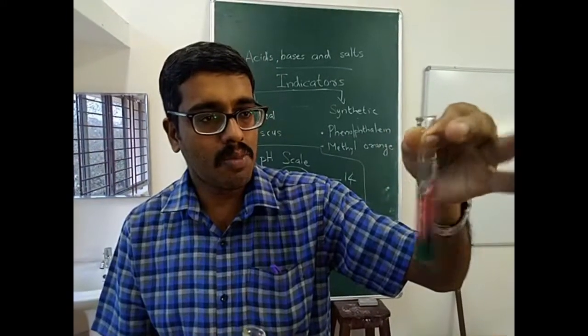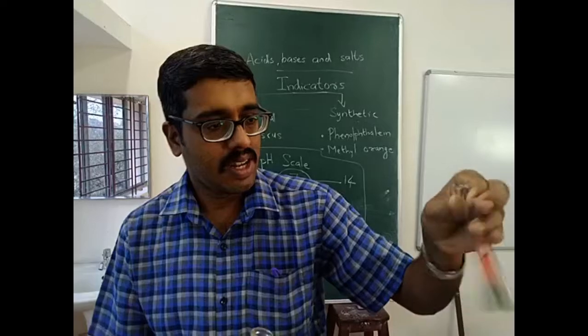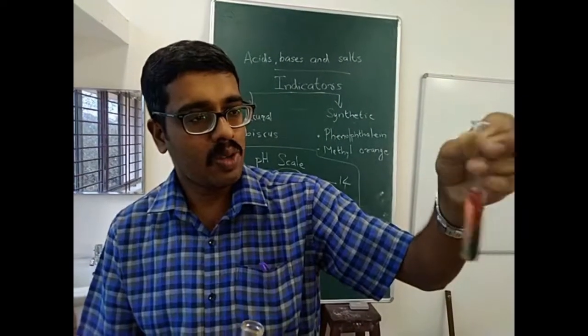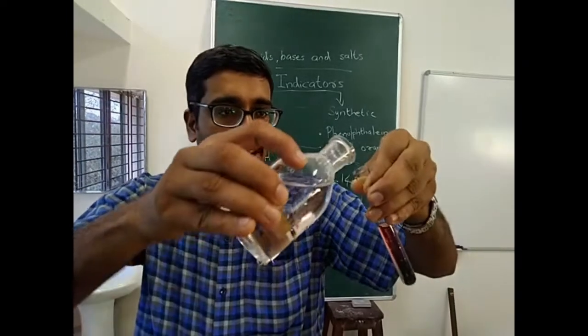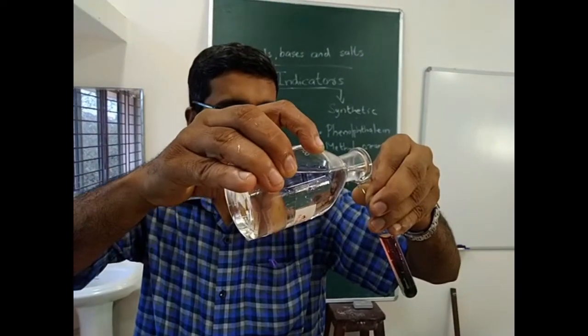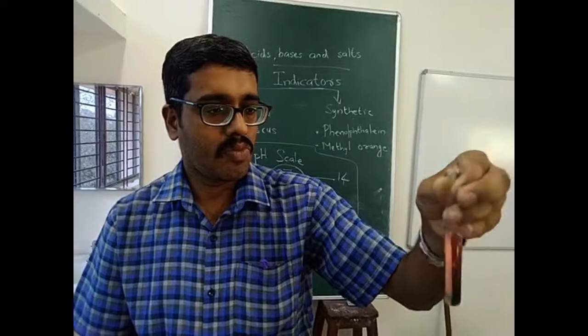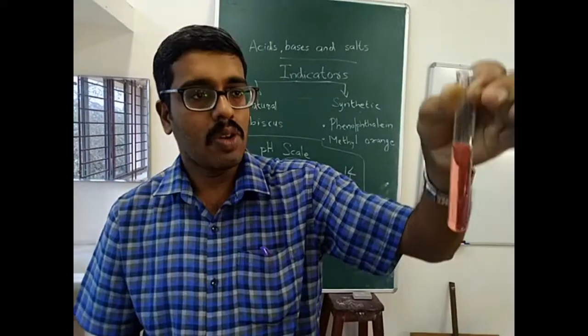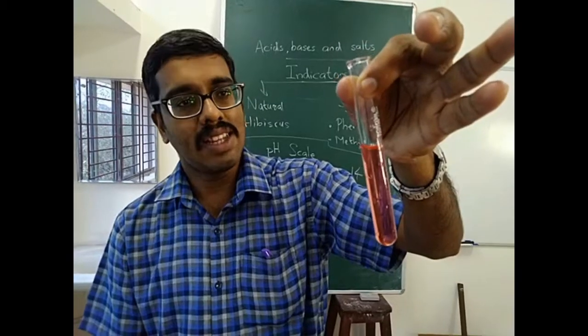So again adding some more acid and shaking the test tube. You can see it is changing into reddish orange color, adding some more acid into it. This is the way how to shake the test tube. Okay, now you can see it has become acidic in nature.